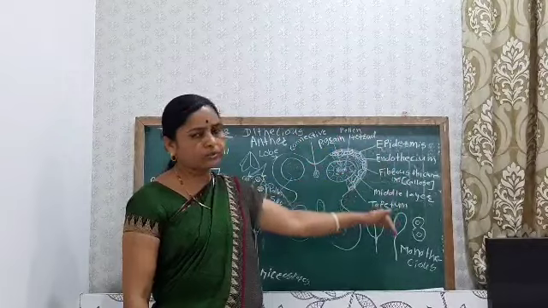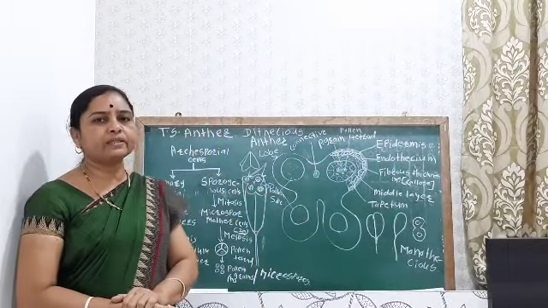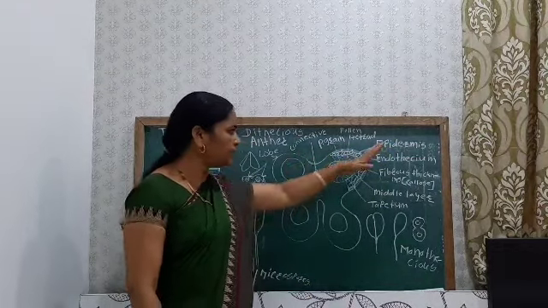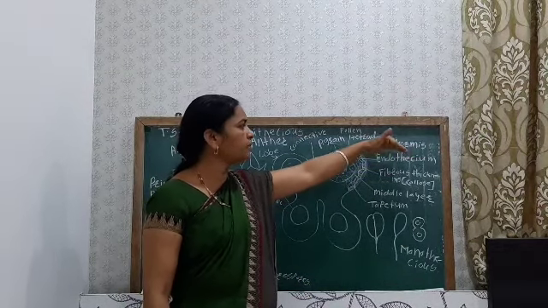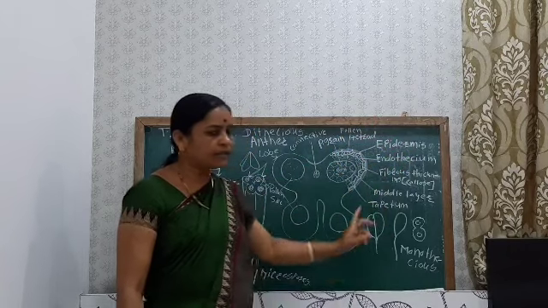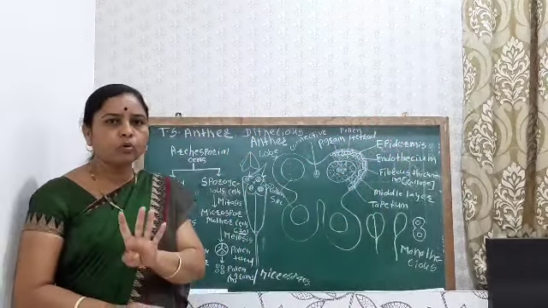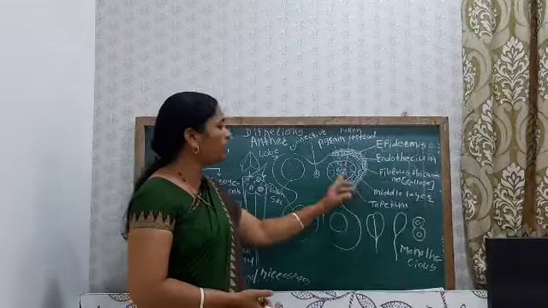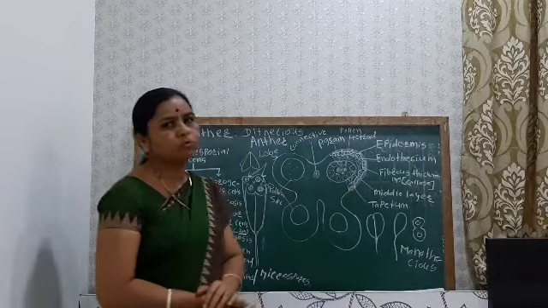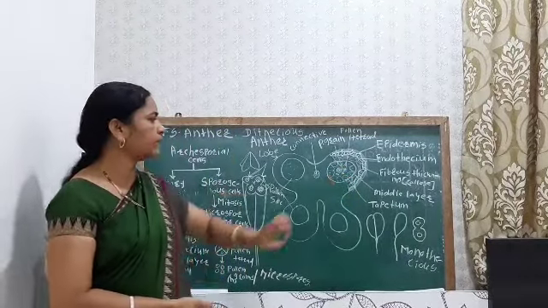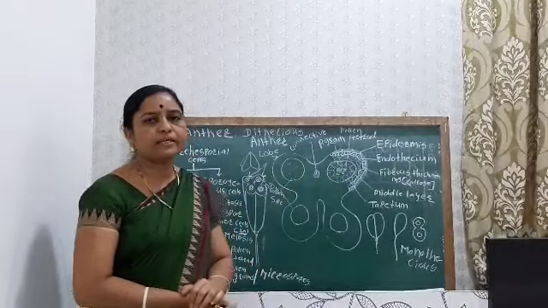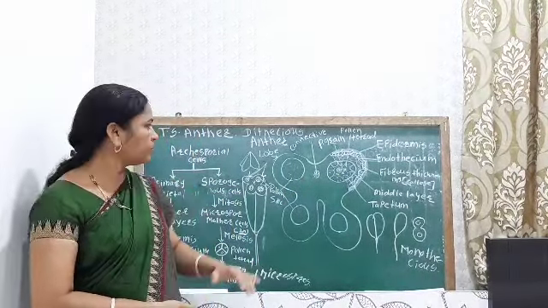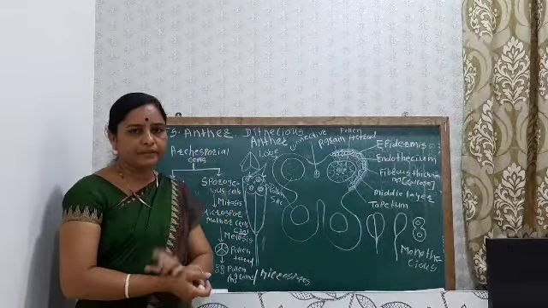So see, we have seen the structure of the anther, that is the TS of the anther, in which we have seen that the wall of the anther is made up of the epidermis, endothecium, middle layer and the tapetum. These are the 4 layers of the anther wall, and inside the anther wall there is the sporogenous tissue from which the pollen grains are produced. The pollen grains are also known as the microspores. Okay, so here we complete the TS of anther.